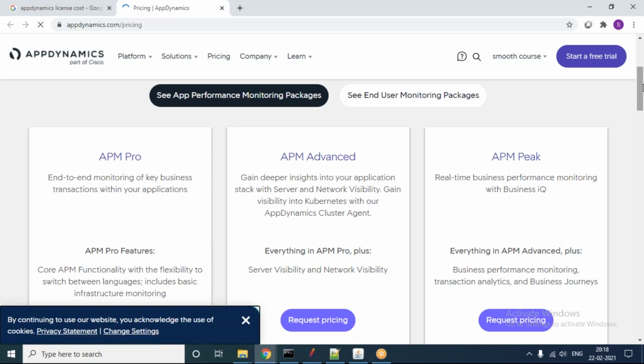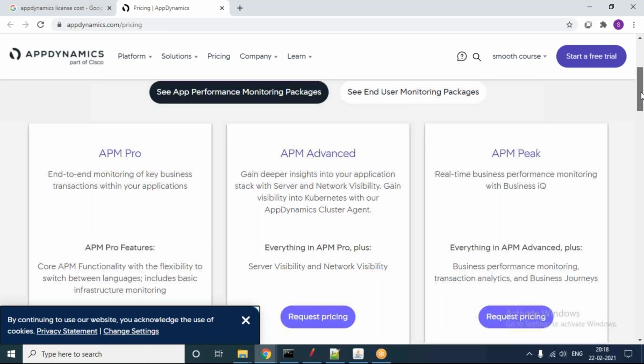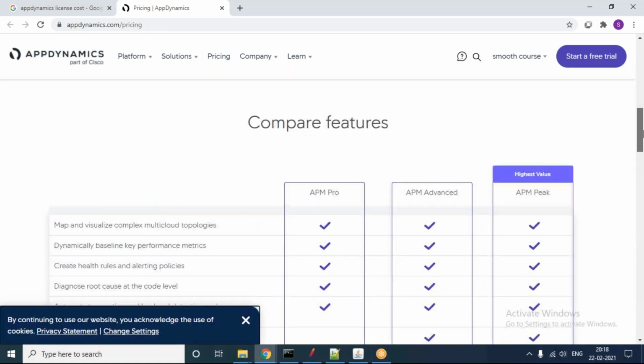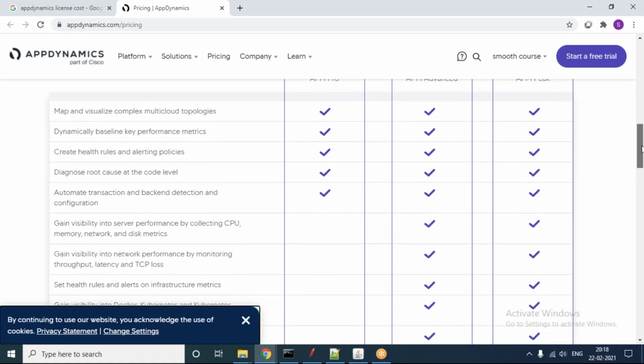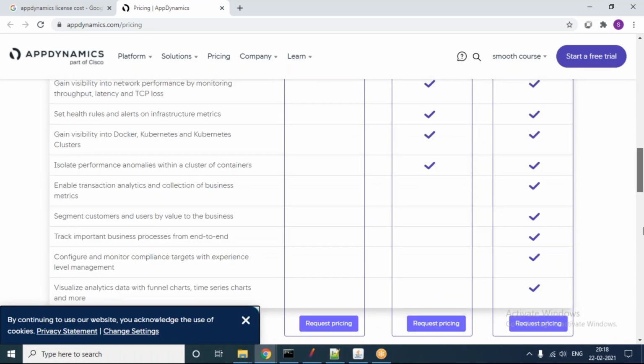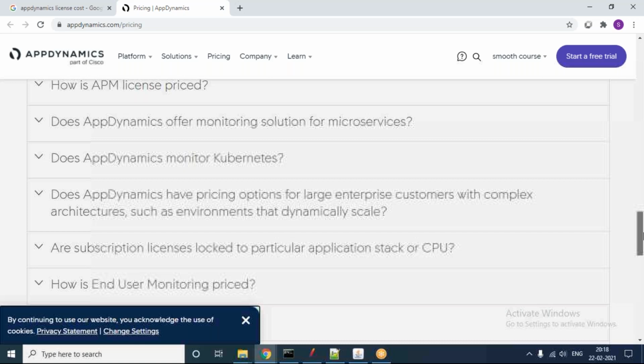You can see APM Pro, APM Advanced, APM Peak. Okay. APM Pro means what, APM Advanced means what, APM Peak means what, that is what it is trying to tell you.